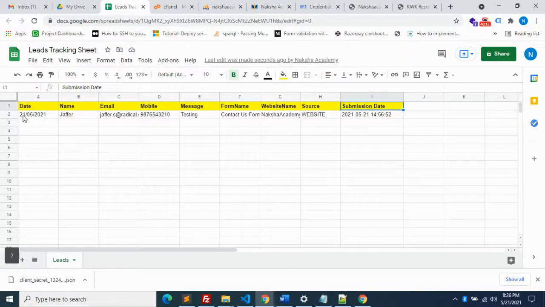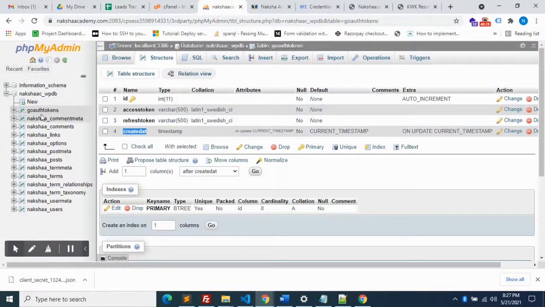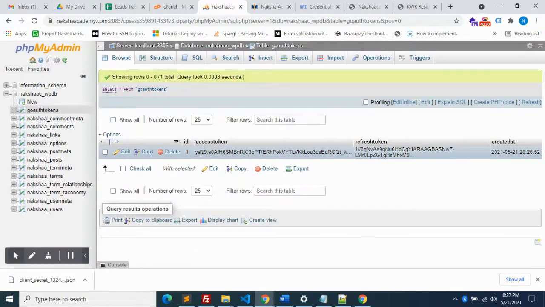Done. You can see date, name, email, mobile number, message, form name, and Naksha Academy website name, which we already have, source we have, and submission date. You can see the table here. So this first access token is generated.